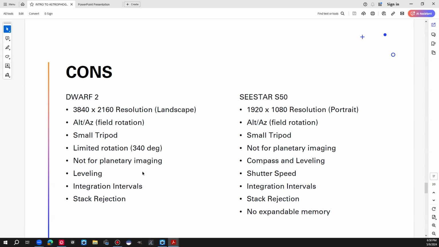Couple other problems that I'll show you in a bit. You need to make sure that they're level. The C-Star S50 has a compass and leveling feature in it, which while it works, it's difficult. And so I use